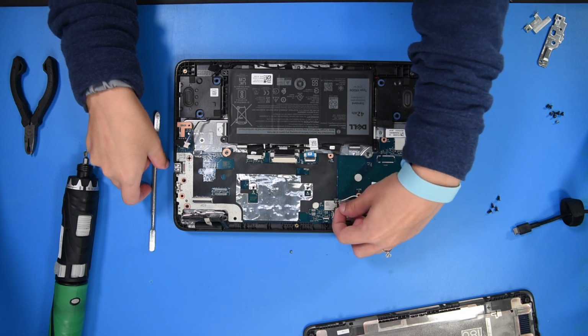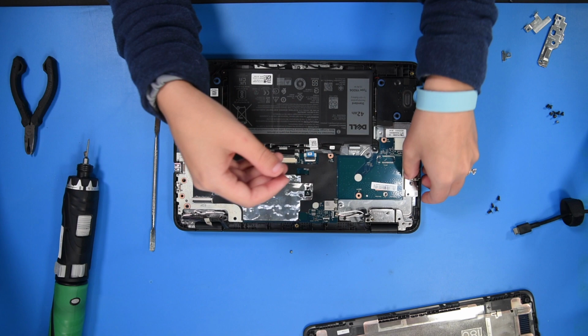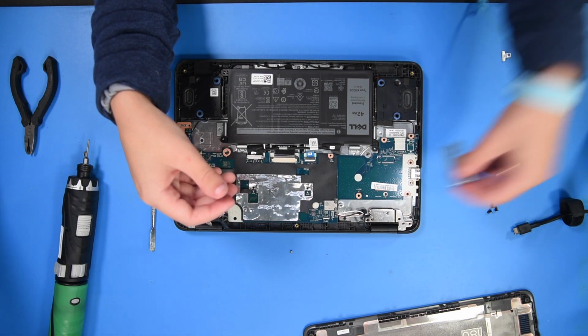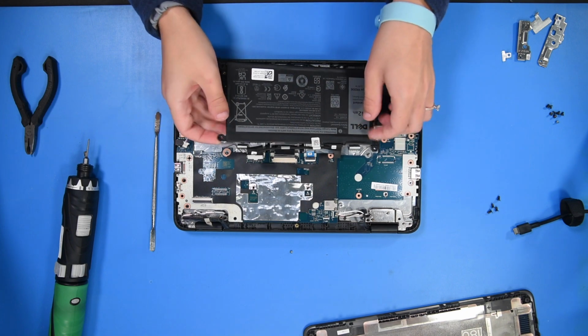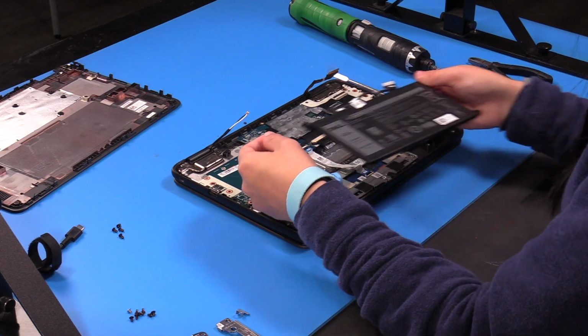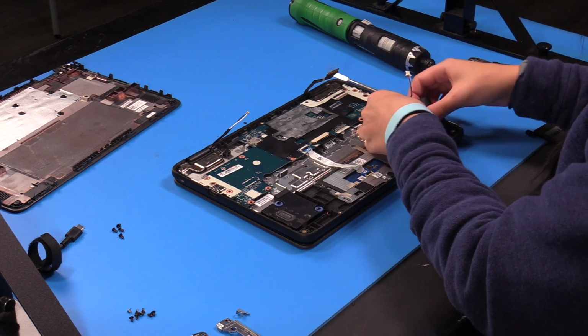You can take off the Wi-Fi bracket to disconnect the Wi-Fi cables. You can take this bracket off over here too. Now you can remove the battery, remove the speakers,